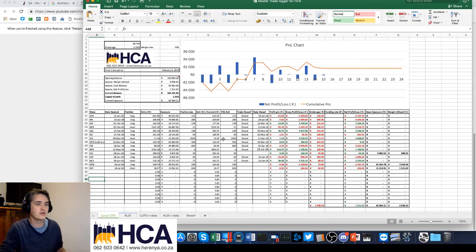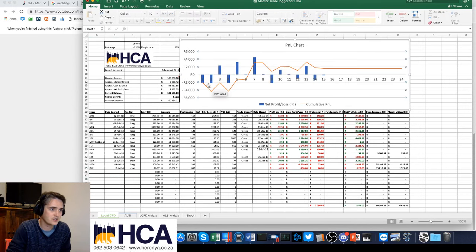To give you an example, what it also does is it pulls through to this little chart here, so you can see your individual charts, how you're doing. You lost 2 grand, lost 2 grand, made 2 grand, lost 2 grand, made 3, made 4, lost, made whatever. And then it draws a little yellow sexy equity curve for you as well.